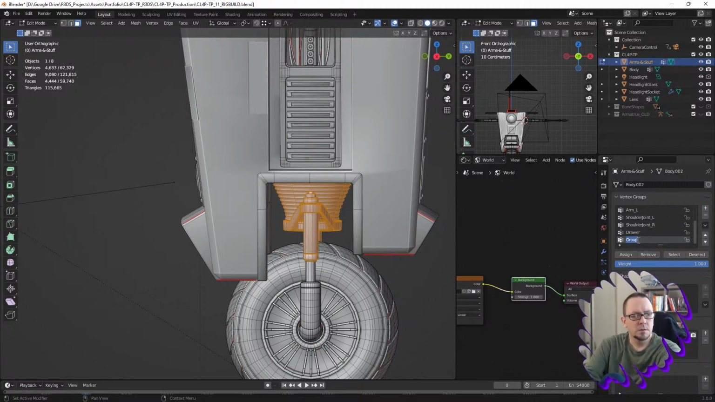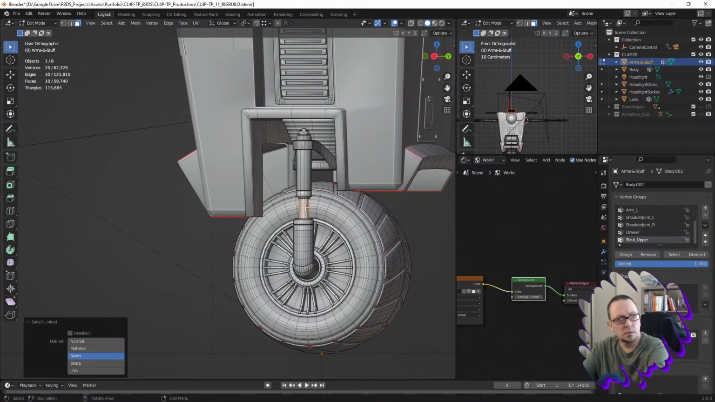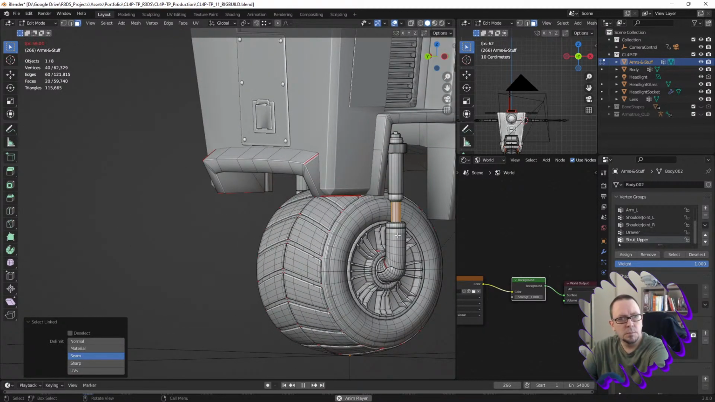Okay, so this will be strut. Upper. I'm just going to do it. Call it upper. You can always change the name later. It's that, and then these are going to be